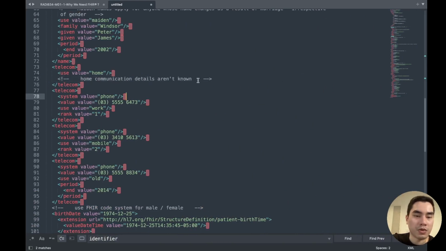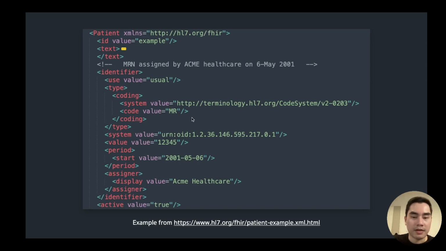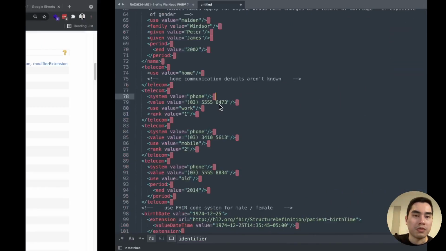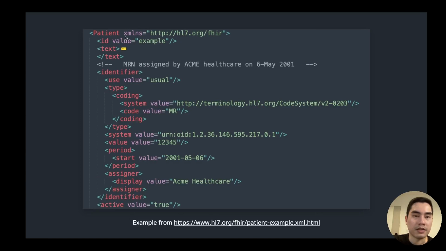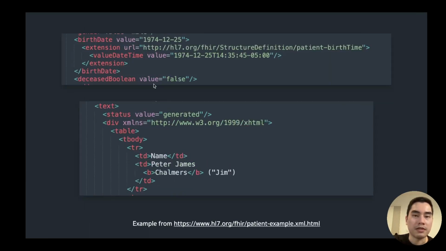It will not throw any error. And the encoding is UTF-8 and the MIME type when you send the information is application/fhir+xml. Here it is, what I showed you already. This one starts with patient, and this one is stacking the repeatable element and the complex element. And this one is extension, the URL, and this one is text narrative. No need to escape.